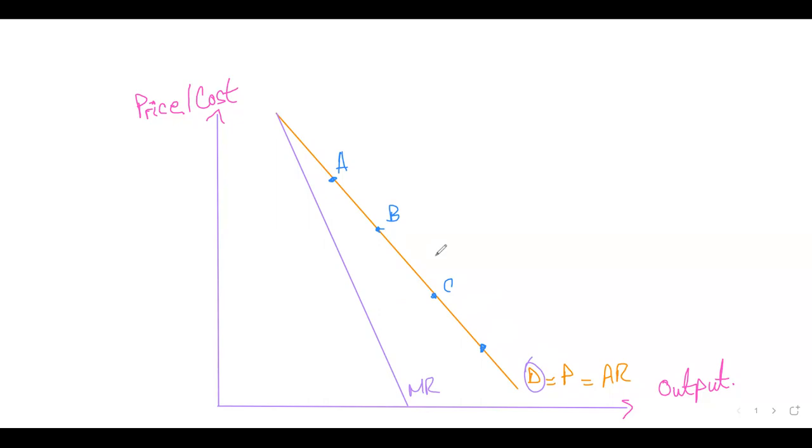Is it simple? We can move on. And it will always be like this for any downward sloping demand curve. Whenever the demand curve is downward sloping, you will see that the marginal revenue would always lie to the left of that. We good? Okay. Now moving forward from here,